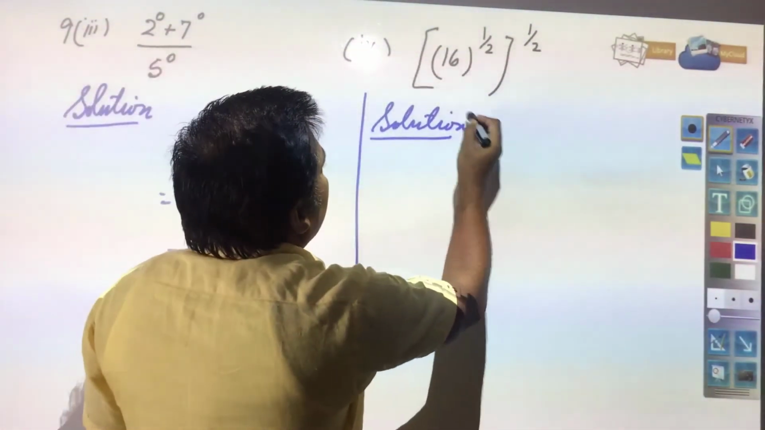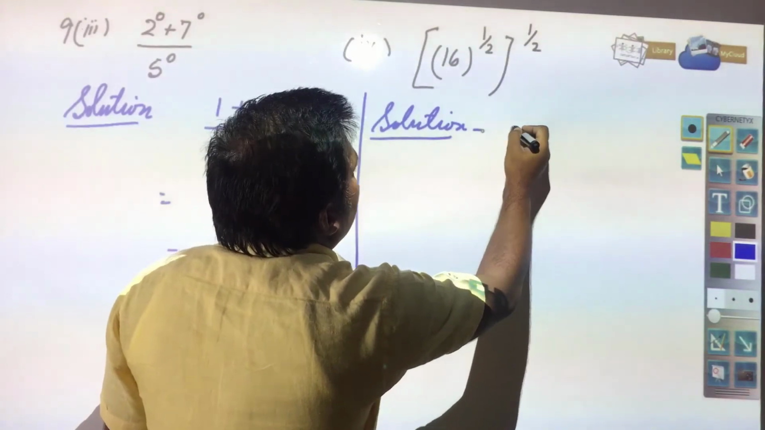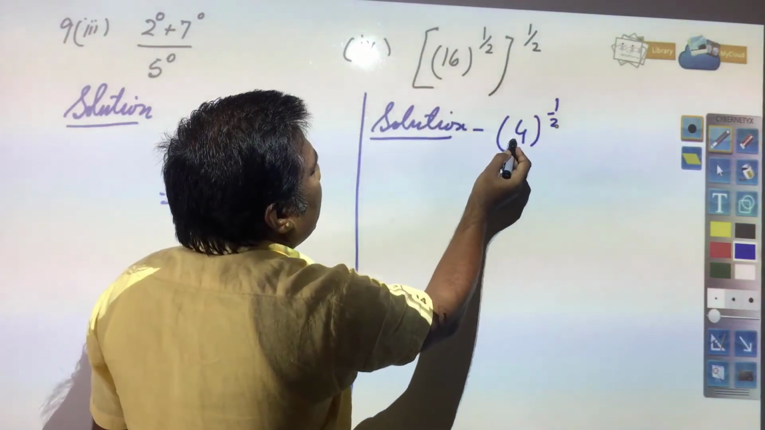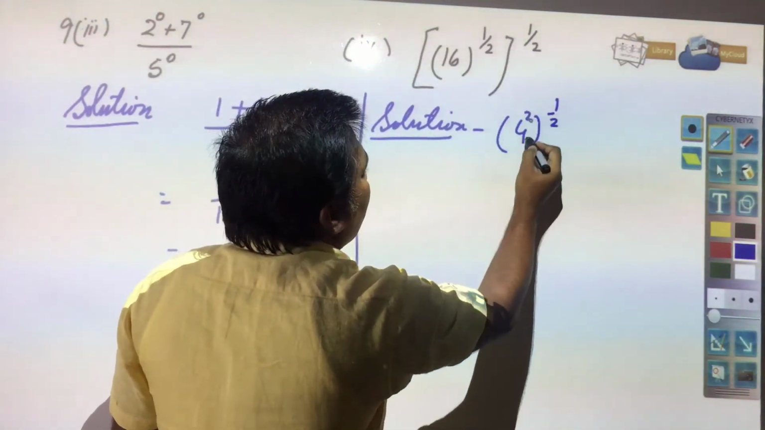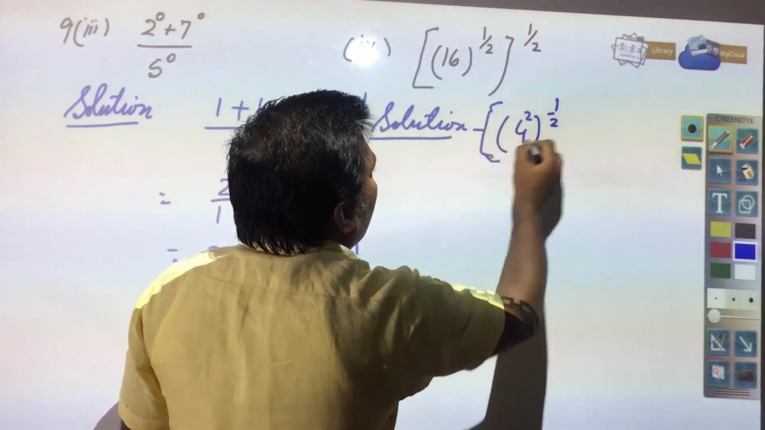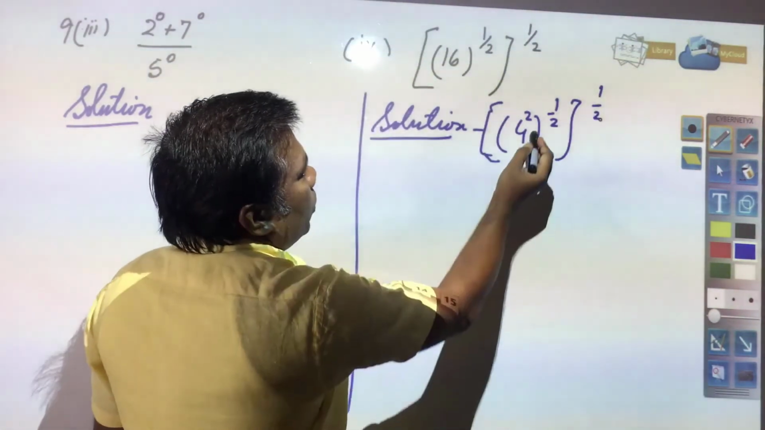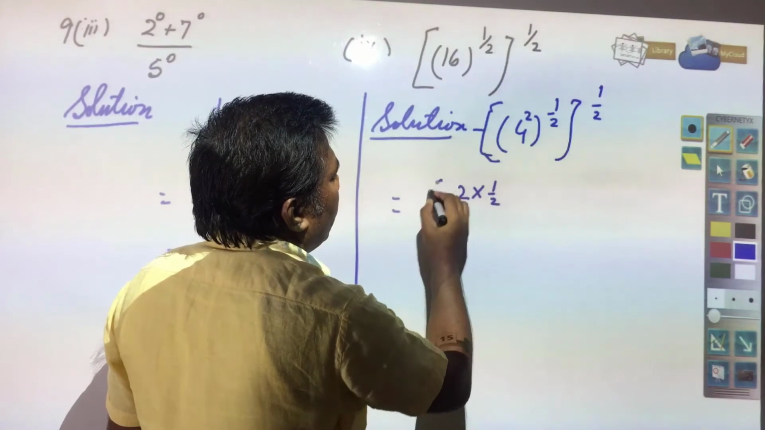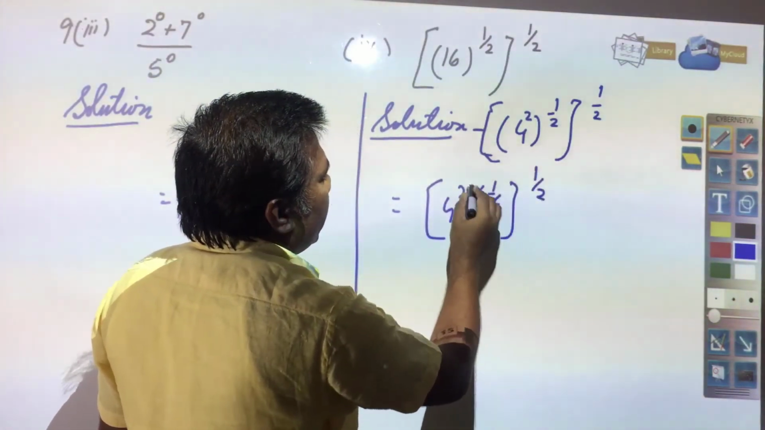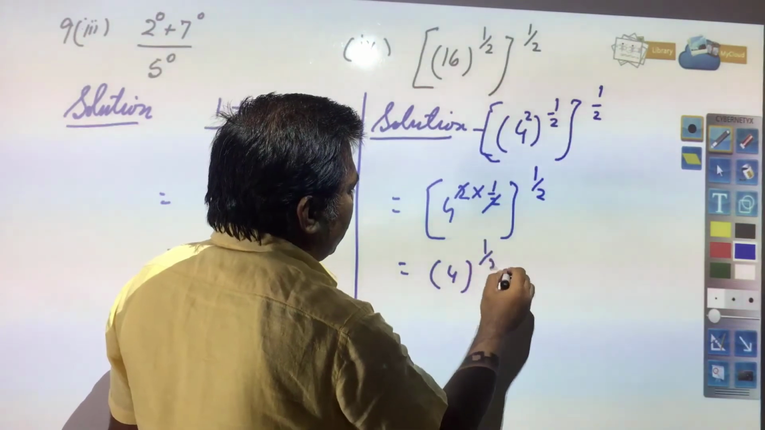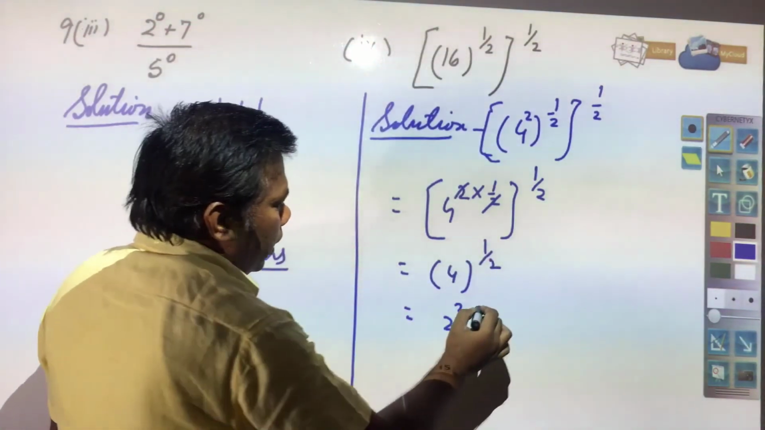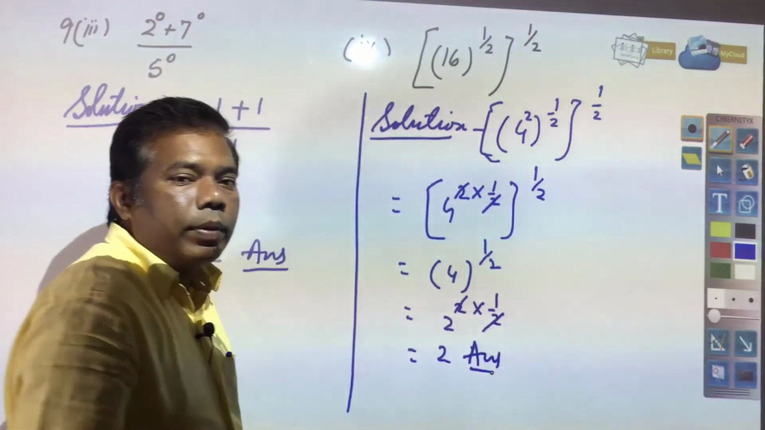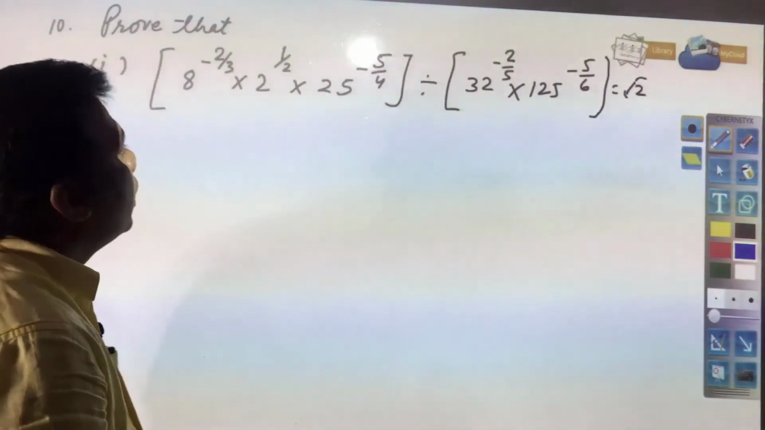Here you see this 16 can be written as 4 square, 4 4 is 16. So, 4 square to the power 1 by 2 and whole to the power 1 by 2. So, this will be 4 square into 1 by 2, whole to the power 1 by 2. This will be cancelled, 4 to the power 1 by 2, and this is 2 square into 1 by 2. This will be cancelled, you will get 2. Your answer will be 2. Next you have